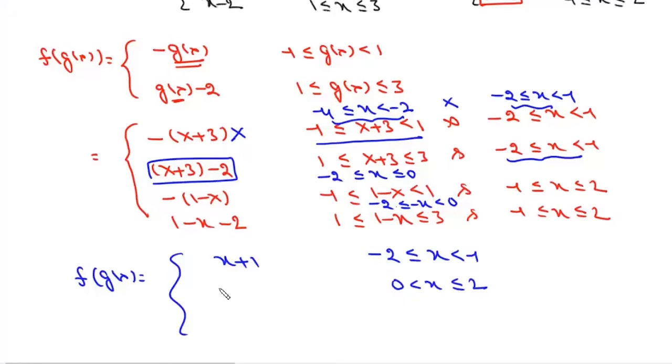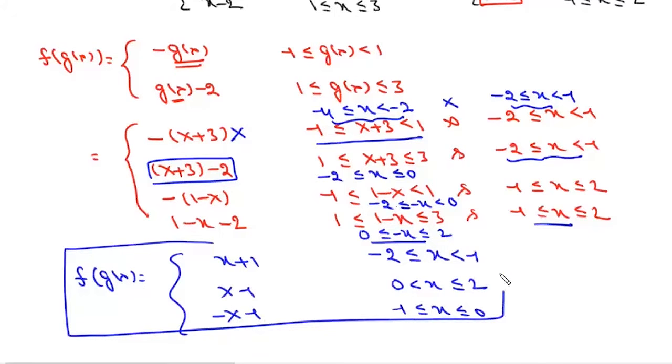Now here this definition is x minus 1, and finally here it is 0 and then minus x and then 2. So between -2 and 0, and here it is from -1 to 2. So if we take the intersection of these two intervals, it will be between -1 and 0, and here this definition is minus x minus 1. So that is the definition of f of g(x)